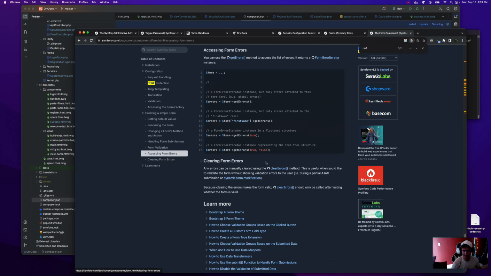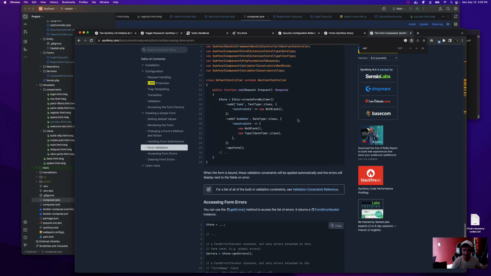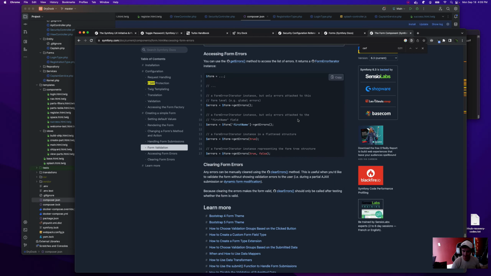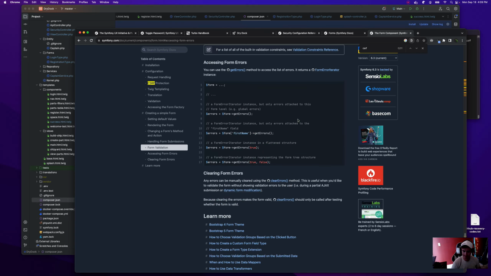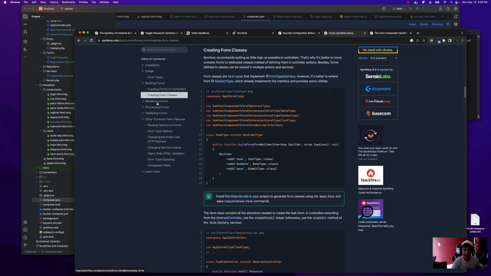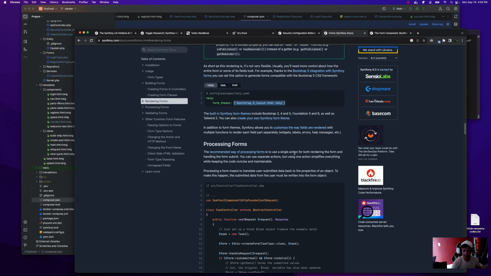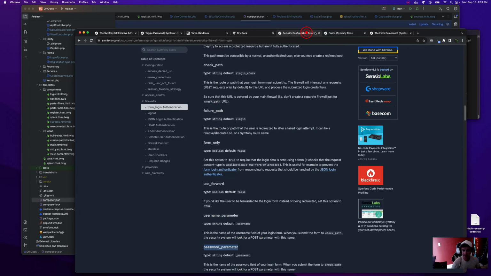Accessing form errors. Form get errors. Really unlike creating an error. So I want to set an error on it. And then in the twig, we would just render that above everything. Come on, where is it?